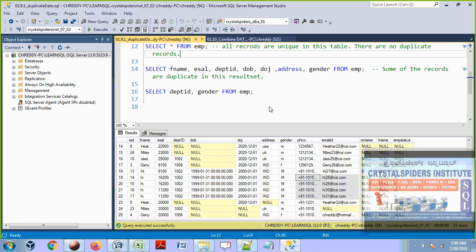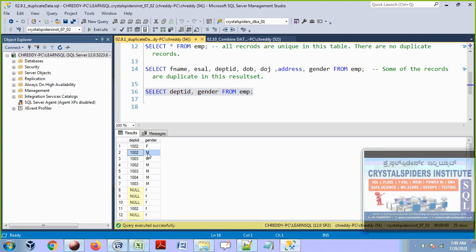Okay, guys. So this is what I discussed. If you see only the department IDs and gender, you see the same department ID and same gender. Because I'm looking at only these two columns, you will see many things repeated. It doesn't matter. For those records these two columns have the same values, but I don't want to say these are duplicate records. No, these are not duplicate records. These values may be repeated for some of the records, but we are not going to consider this a duplicate record. But still, at the same time, people will say that this is also duplicate data.